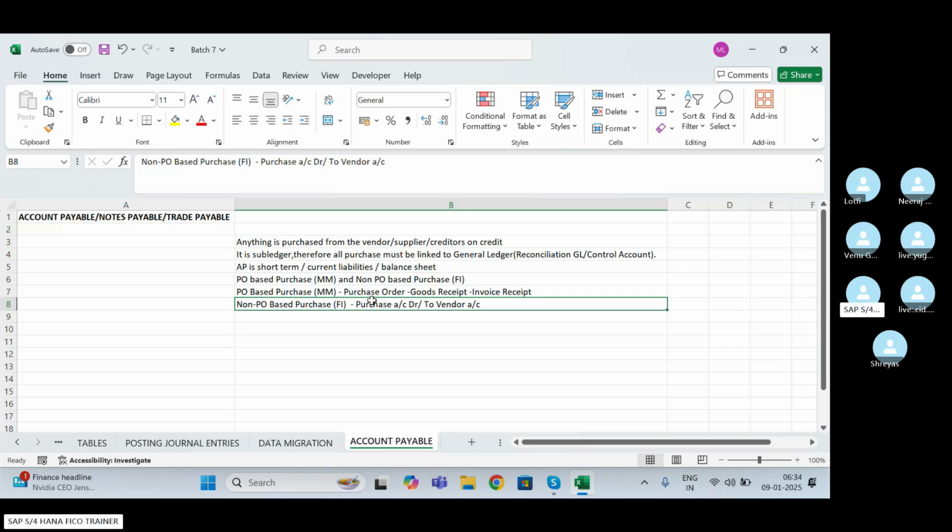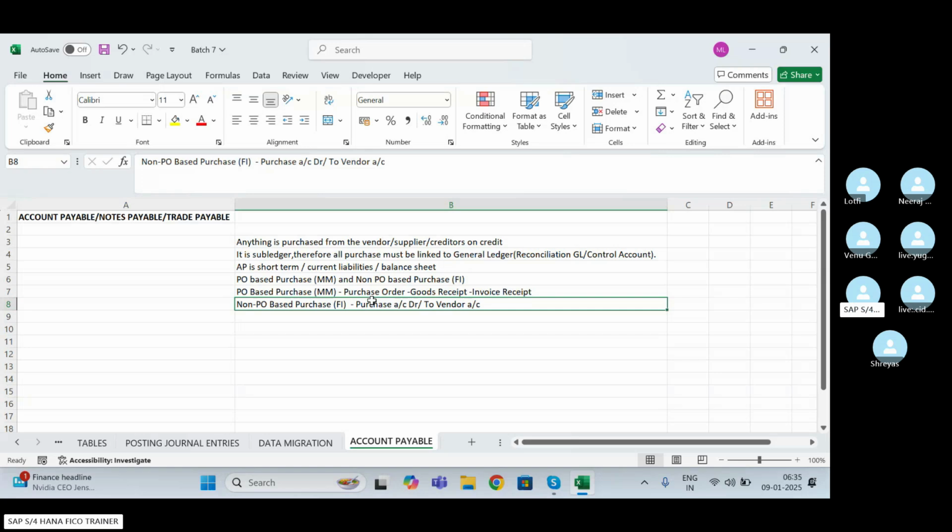Because whenever you post a non-PO based journal entry, you have to choose which cost center to use, which purchase GL to use, and what tax code to use. Also check whether whatever amount is billed is correct or not. So this is known as non-PO based